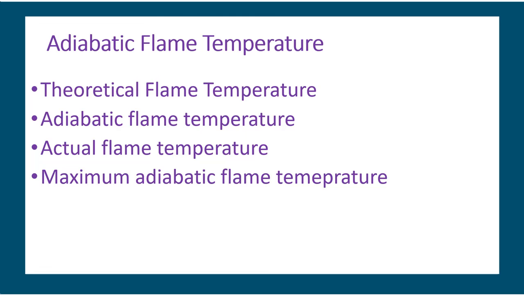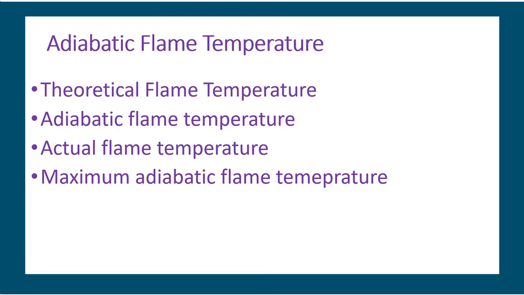All the three flame temperatures defined above depend upon the composition of the fuel-oxidant mixture, actually the air-fuel ratio, you can say. If air is the oxidant, then depending upon the air-fuel mixture ratio, if the quantity of the oxidant is too small, what will happen? It will lead to incomplete combustion. The combustion will be incomplete when oxygen is less than the stoichiometric requirement, right? Similarly, what will happen if it is too large? If it is too large, it will dilute the products and take away the heat, right?